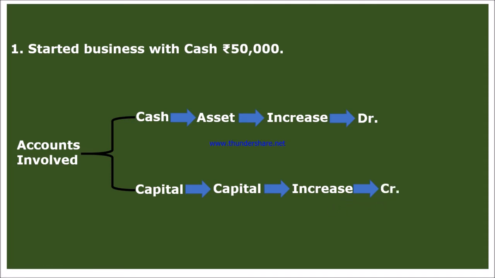So this is the way to think about how to pass the journal entry. Please take care in the beginning when you are trying to pass those journal entries, and try to follow this particular procedure. Try to recall and find out what accounts are involved, what category they are from, and so on. And after that, slowly try to find out whether you have to debit it or credit it.